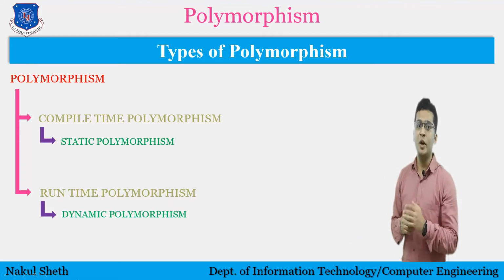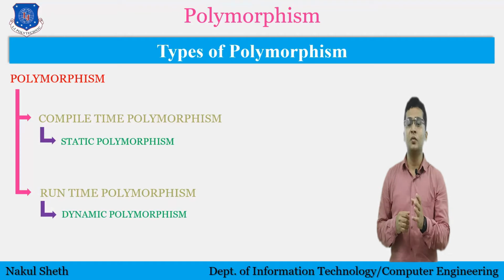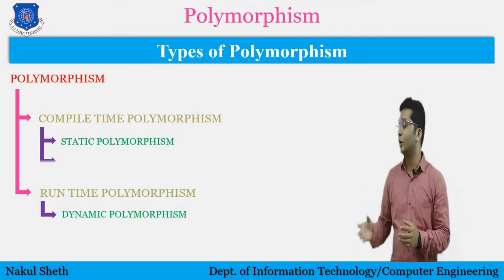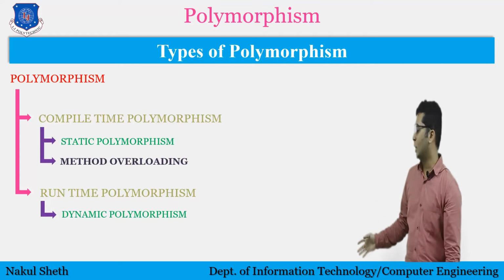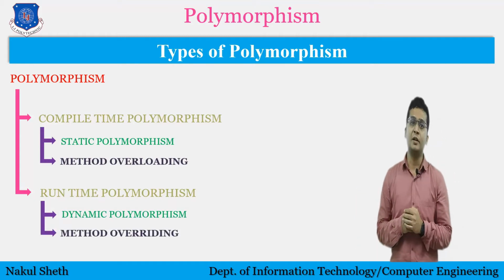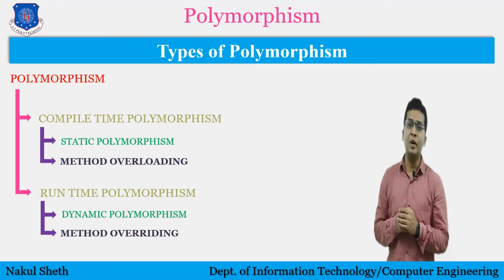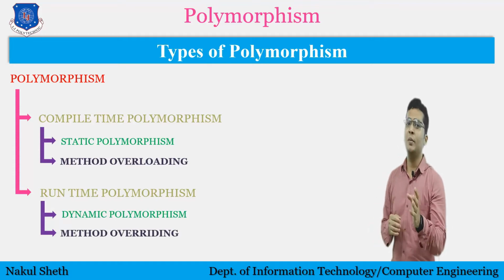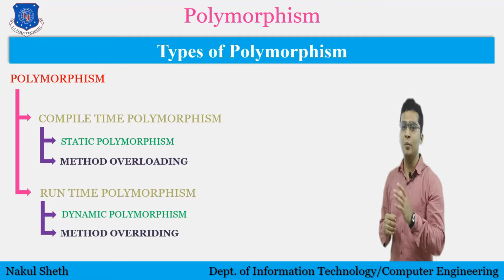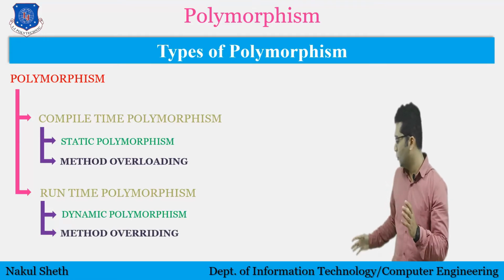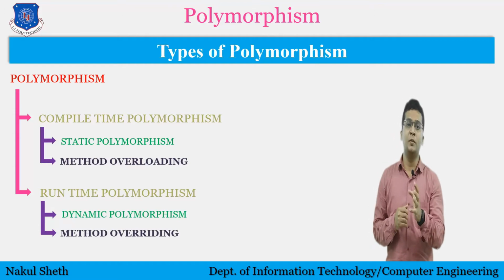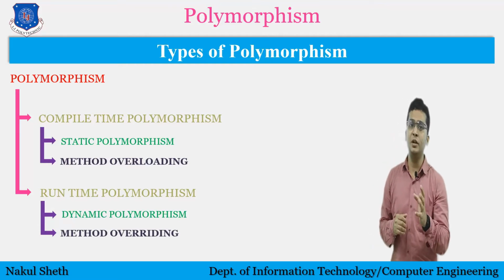There are two important concepts by using which we can achieve these two polymorphisms. First is method overloading and second is method overriding. Method overloading can be used to achieve compile time polymorphism, and dynamic polymorphism or runtime polymorphism can be achieved through method overriding. We are going to see both of these concepts one by one, but remember one thing,